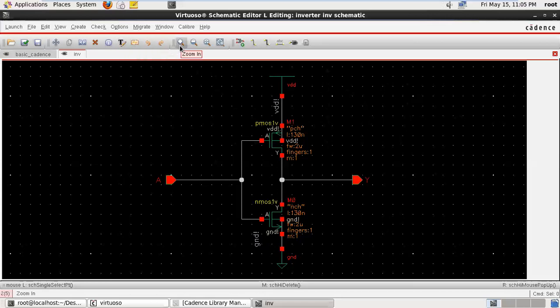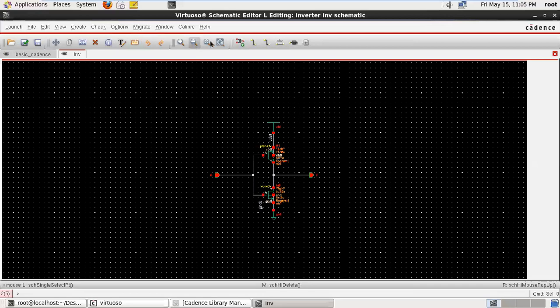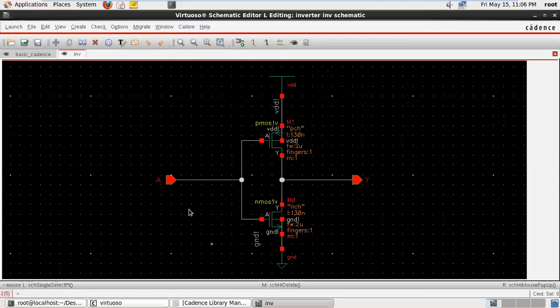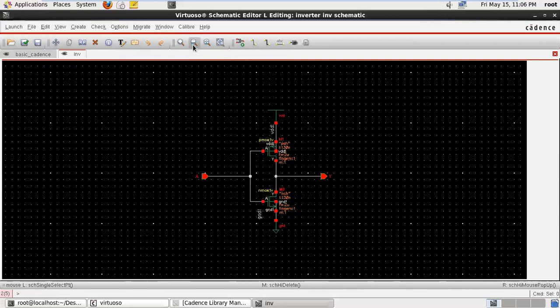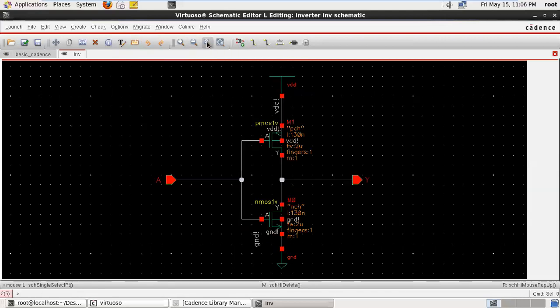This is undo and redo. This is zoom in. If you press on this circuit, your circuit is zoomed. This is zoom out to reduce the size, and that is zoom fit, so your schematic fits into the window. Suppose you have made your circuit very small, not visible. When you press zoom fit, your circuit fits into your schematic window. An important function is zoom to selected portion.